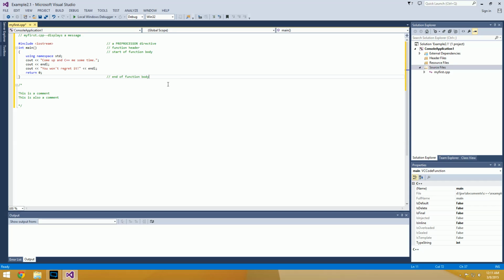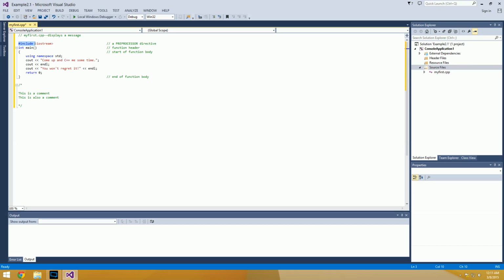Okay, next thing we're talking about is kind of boring stuff, but important. This include iostream. I'm not going to go super into what this is right now. Again, we'll cover all of that later, but basically what this is doing is it's going and grabbing extra code from another file that I can use, and it is bringing it into this program so that I don't have to enter in all the code in this program. I can just say, hey, I need to use the code from iostream,